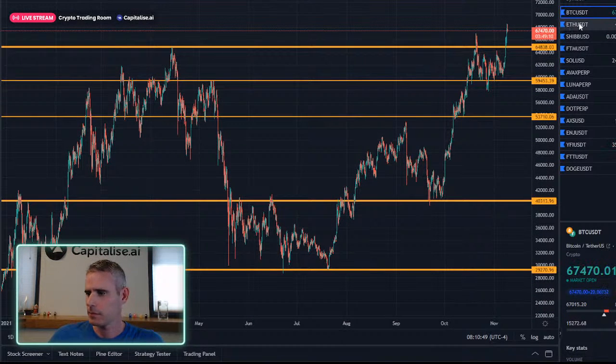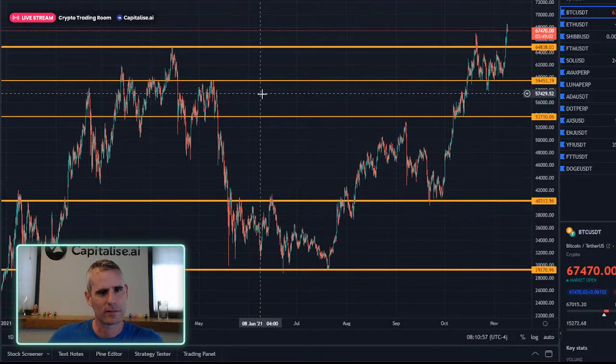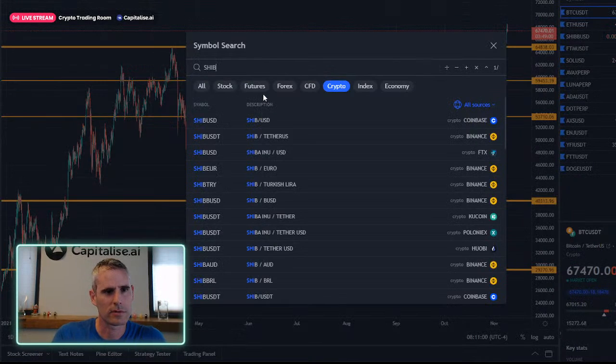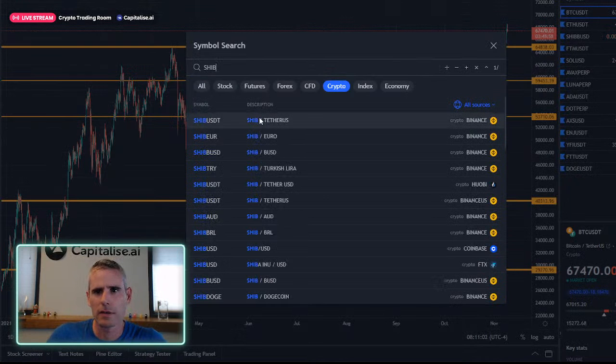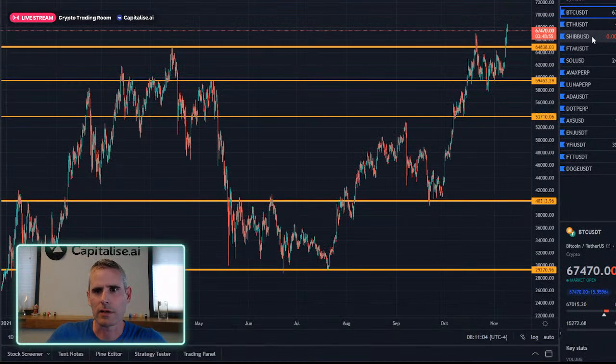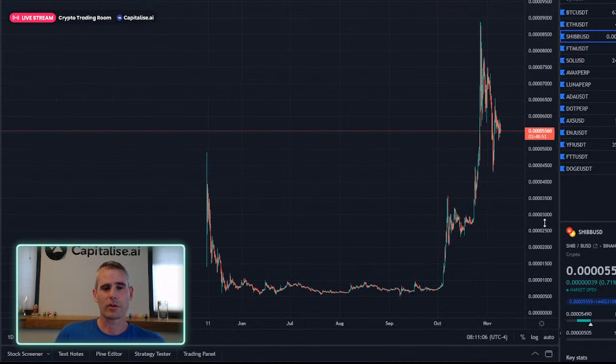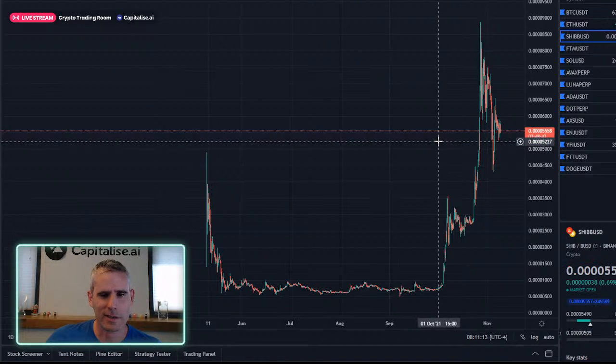Let's look at the Ether. You want to look at SHIB. Let's look at SHIB. I think I have it. I have it here. So for those of you who don't know, SHIB is a meme coin following Dogecoin,